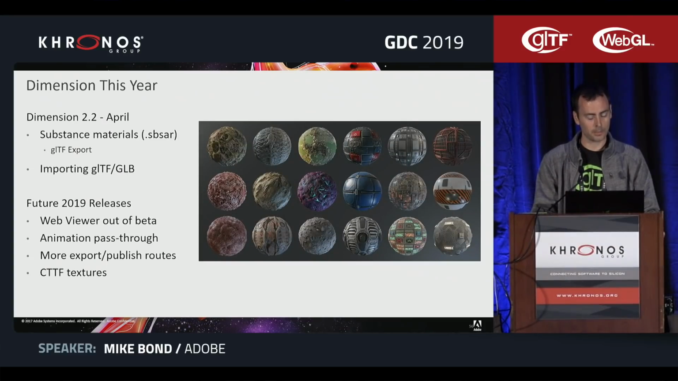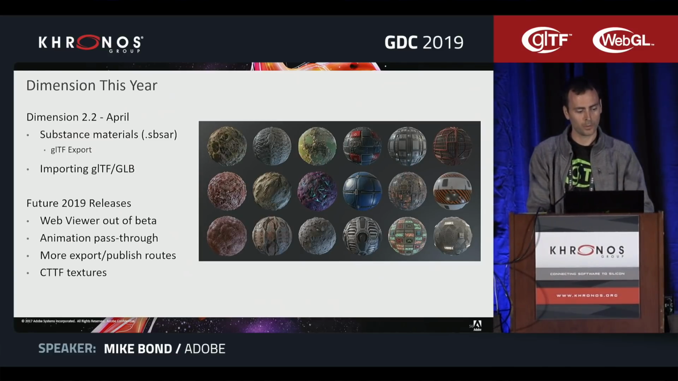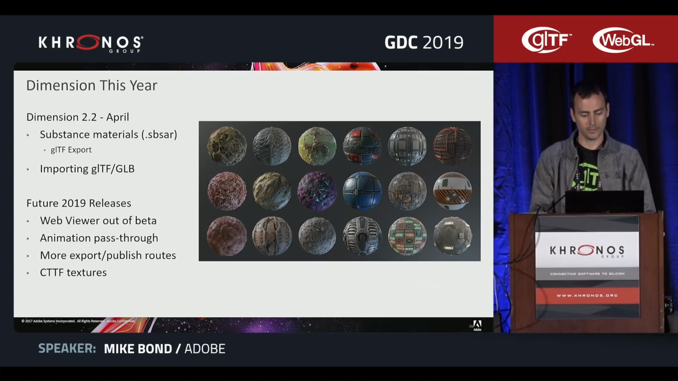This is upcoming soon, and at the beginning of April, we're releasing Dimension 2.2, where we've added Substance material support, where you can import any of your Substance materials and adjust them within Dimension. And then with that, you get, of course, export to glTF materials. And I've also added importing glTF and GLB, which makes it easy to pass around fully PBR models in and